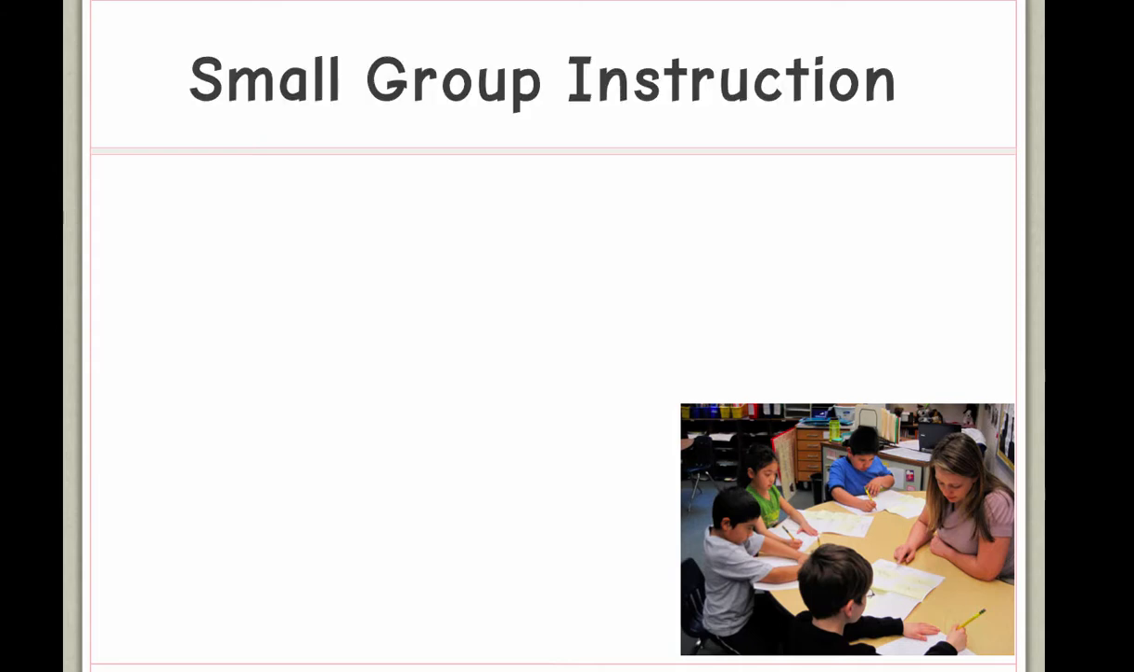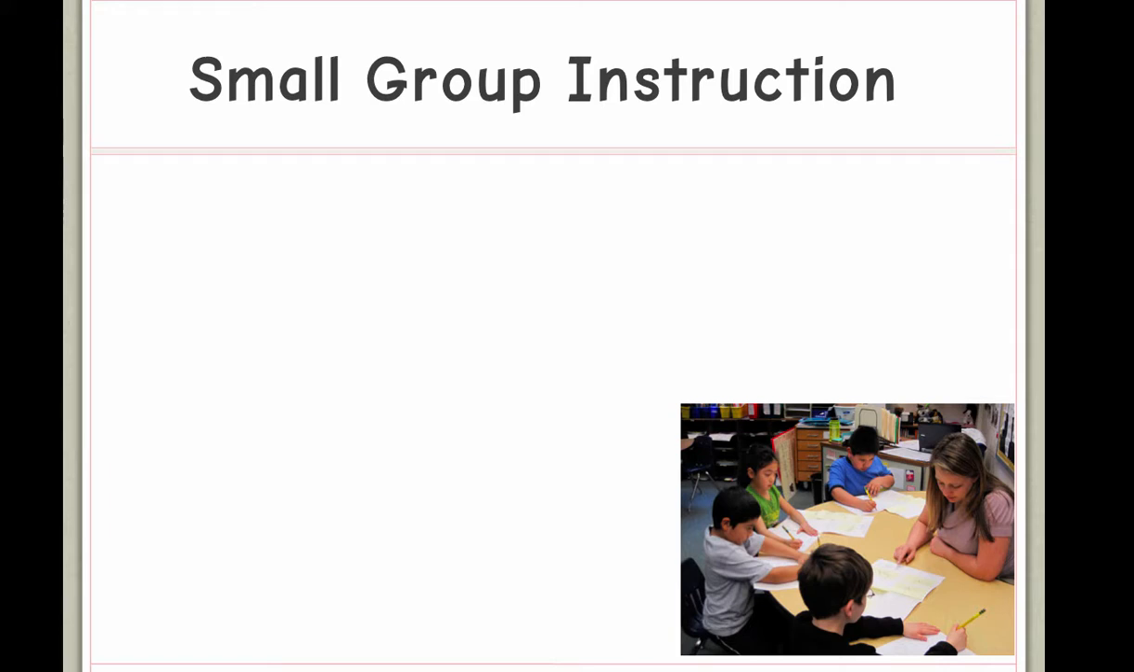Again, I hope it doesn't sound contradictory. I've said you get to choose how you implement it, and at the same time, I'm telling you these are the big ones. But I do feel that these strategies can be implemented in different ways that meet your style, but are really important. So small group instruction, which we've talked about many times before in the classroom, we know